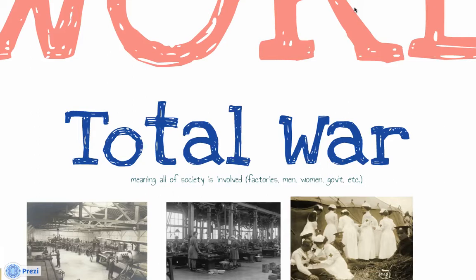So today in class we're talking about World War One. When we're discussing World War One, you guys have already learned about the four main causes: militarism, alliances, imperialism, and nationalism. And what we're going to discuss now is total war. When we discuss total war, all the European countries and their colonies are going to take everything in their society and make it involved in the war effort.